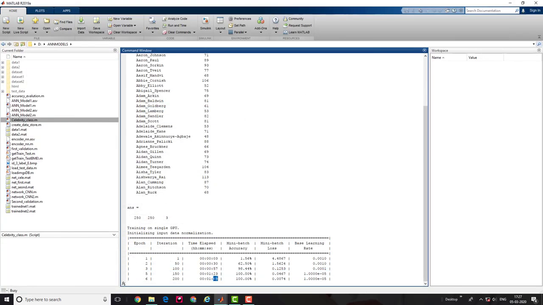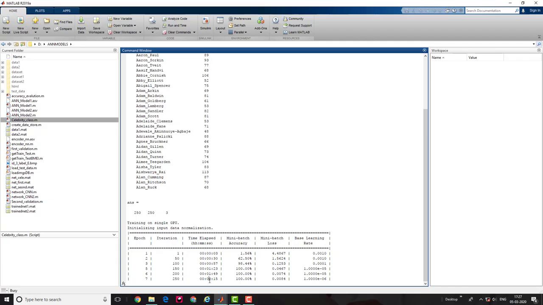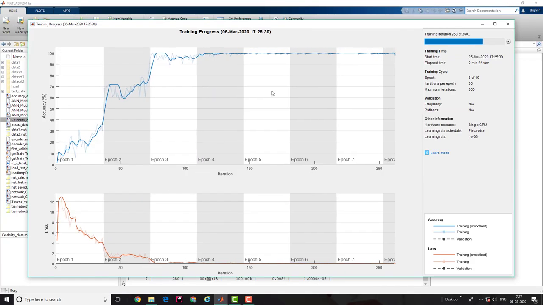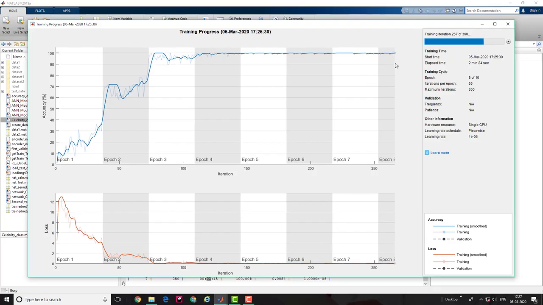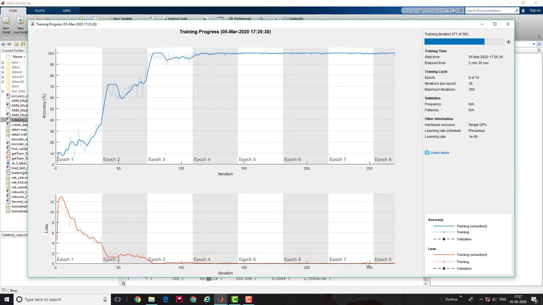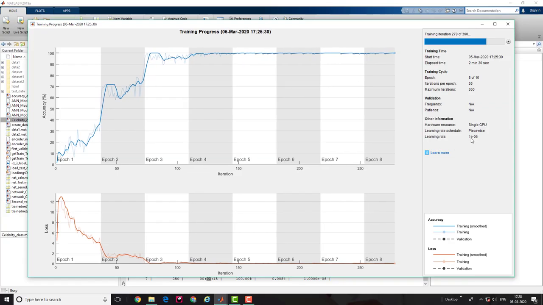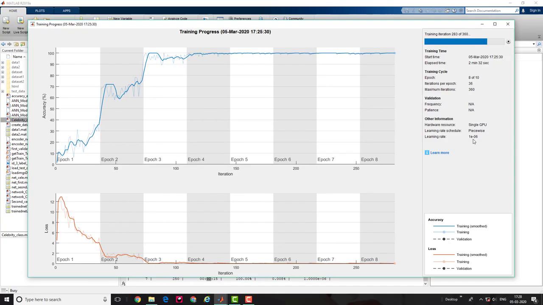So far so good. The sixth epoch completed at 1 minute 49 seconds, the seventh at 2 minutes 15 seconds. Monitoring the training, you can see here 100% training accuracy, and the loss is almost zero. Right now the learning rate is 10 raised to the power minus 6.